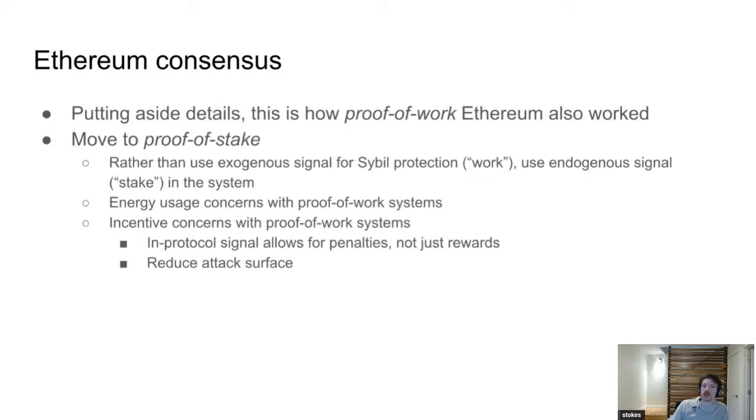is energy usage. So, people were and still are very concerned that the way proof of work works is there's now almost this race to toss as much work as you can into the system. This is good for the security of the system because the more work, the harder it is to make a competing block and reorg the system to some other history. But then at the same time, you have people just dumping energy into the system. And especially if you don't think Bitcoin is useful or valuable, then it seems like it's wasted in some sense.